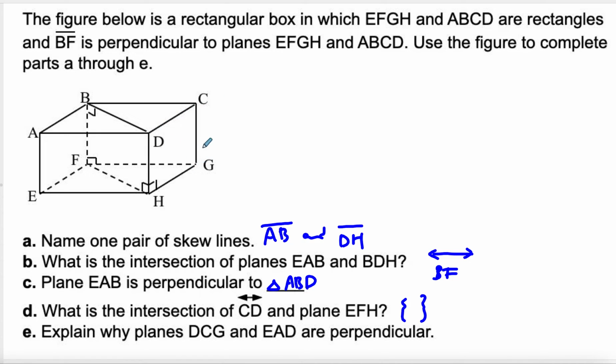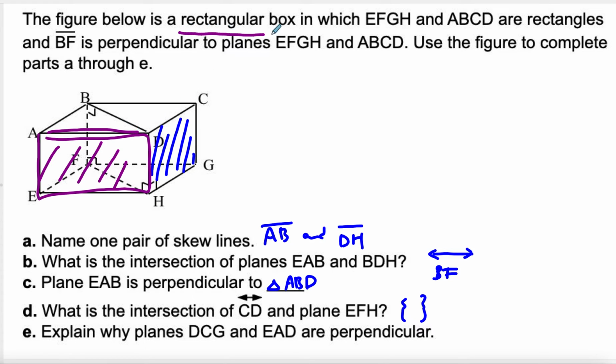DCG is this triangle, but if you expand it, it's going to be this plane here. And EAD. Where's the EAD? It's this one. So if you expand it, it's talking about this plane and more. Okay, you can expand it. So these two planes are perpendicular. Why are they perpendicular? Because